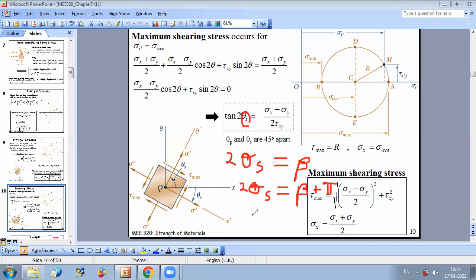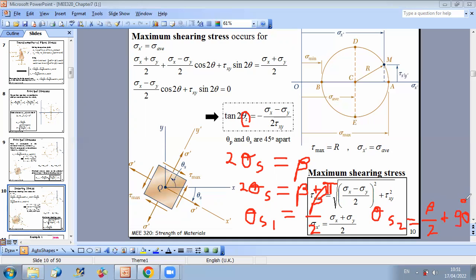So we can say that the two possible solutions for theta s corresponding to maximum shear are theta s1 equal to beta over 2, and theta s2 equals beta over 2 plus 90. So also here we can say that the two directions corresponding to maximum shear stress are separated by an angle